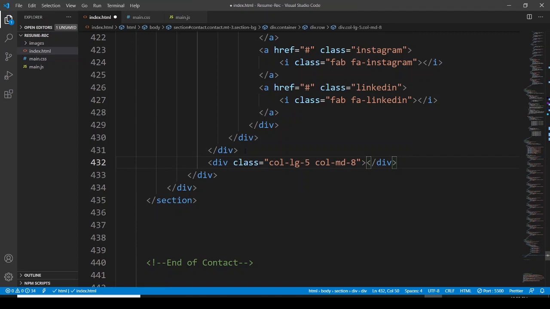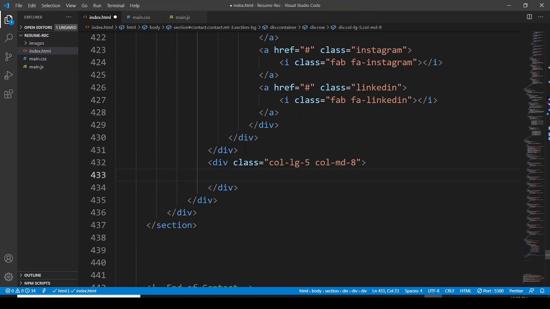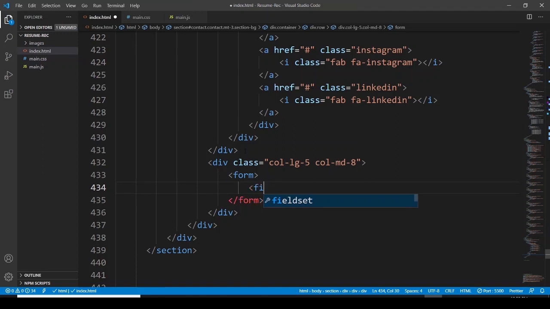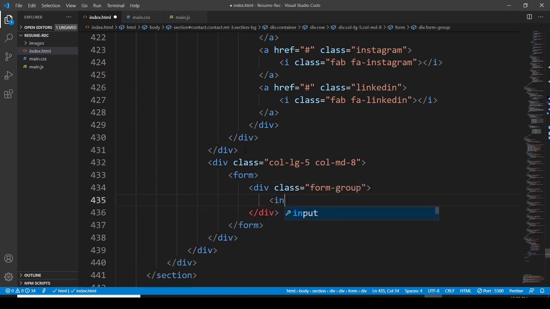And then after, let's use the form. Within this form, let's use division, assigning it a class form group. Let's use input. Type of input is what would be the type? Type is going to be email. And let's have a class. The class is going to be form control,